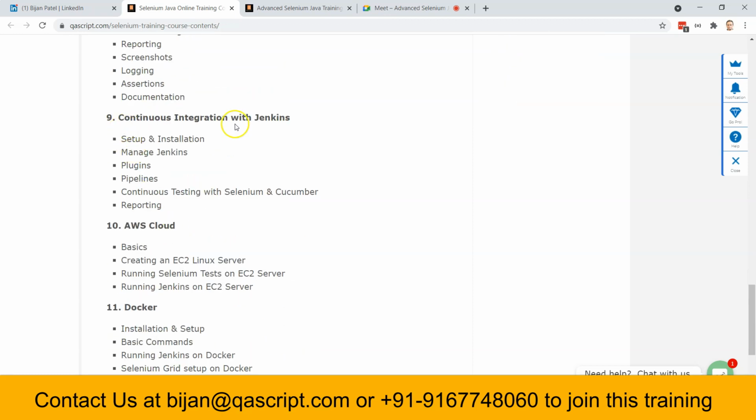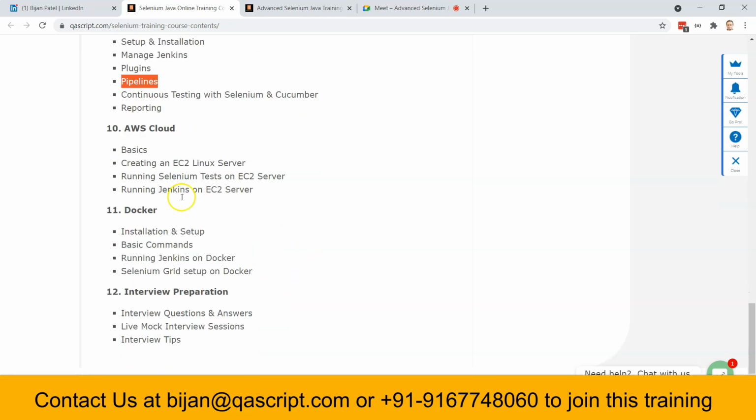Then continuous integration with Jenkins, all about setup, managing Jenkins, plugins. I can talk about pipelines as well, which is an advanced concept in Jenkins, but we'll start off with basics, and then we'll have a look at pipelines as well. Then continuous testing with Selenium Cucumber, and also reporting. And finally,